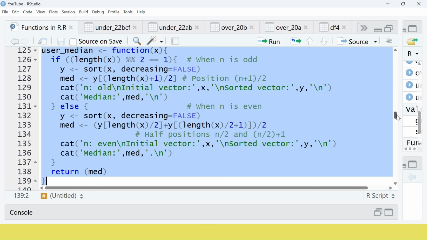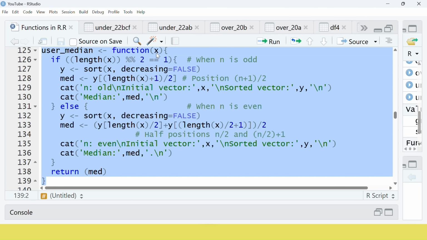Now we have number 1 up to n, when n is odd. Now we add n plus 1 divided by 2, we get a position. That n is what we are finding by length of x,